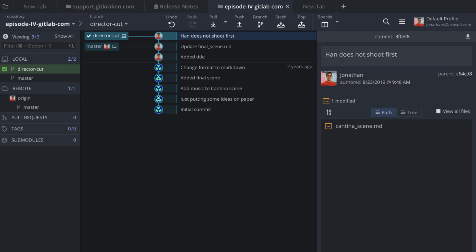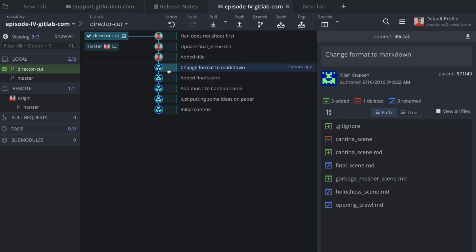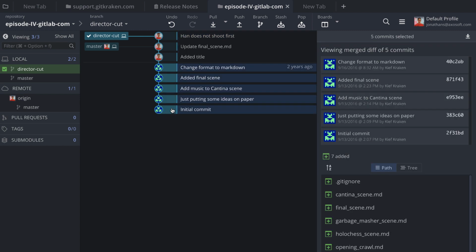So it's at this point in time that you can actually start creating your merge request from within GitKraken. You do, of course, have the ability to continue work. You can make additional commits as you work through these things. And you even have the option to squash the commits before you create a merge request, should you wish to do that. Just to show you really quickly, if you hold the Shift key and multi-select a number of commits,